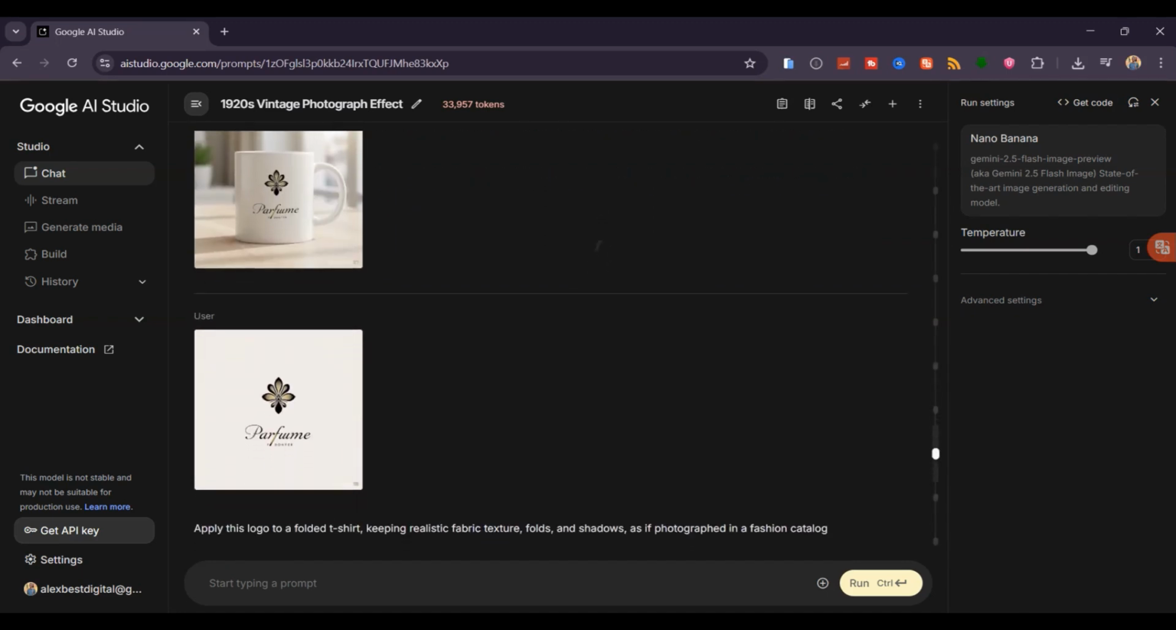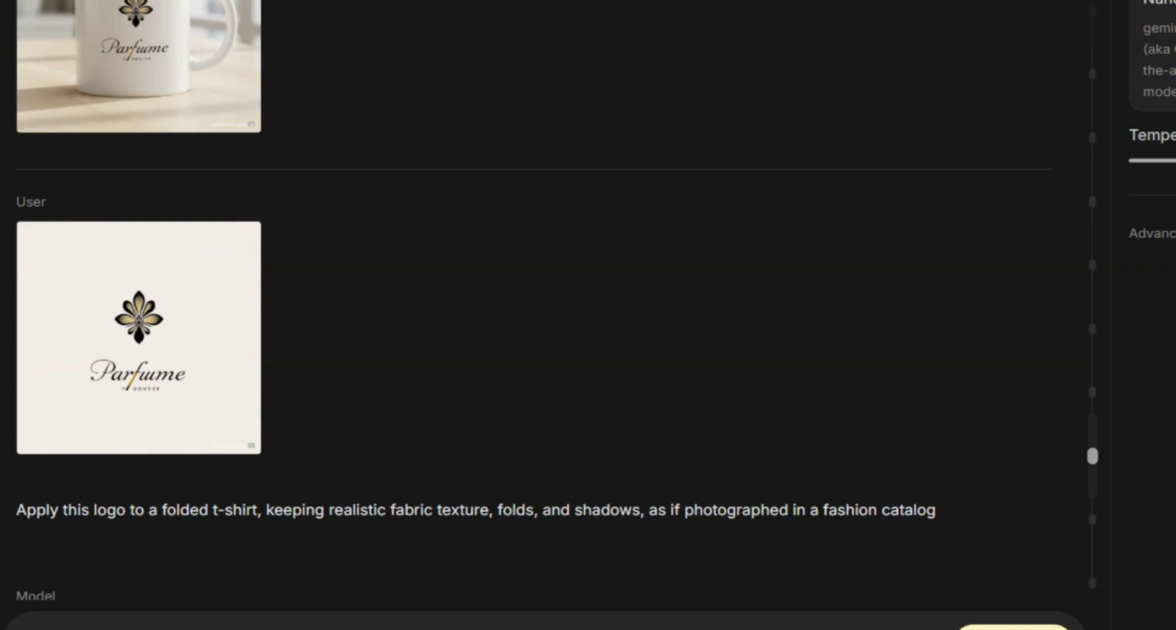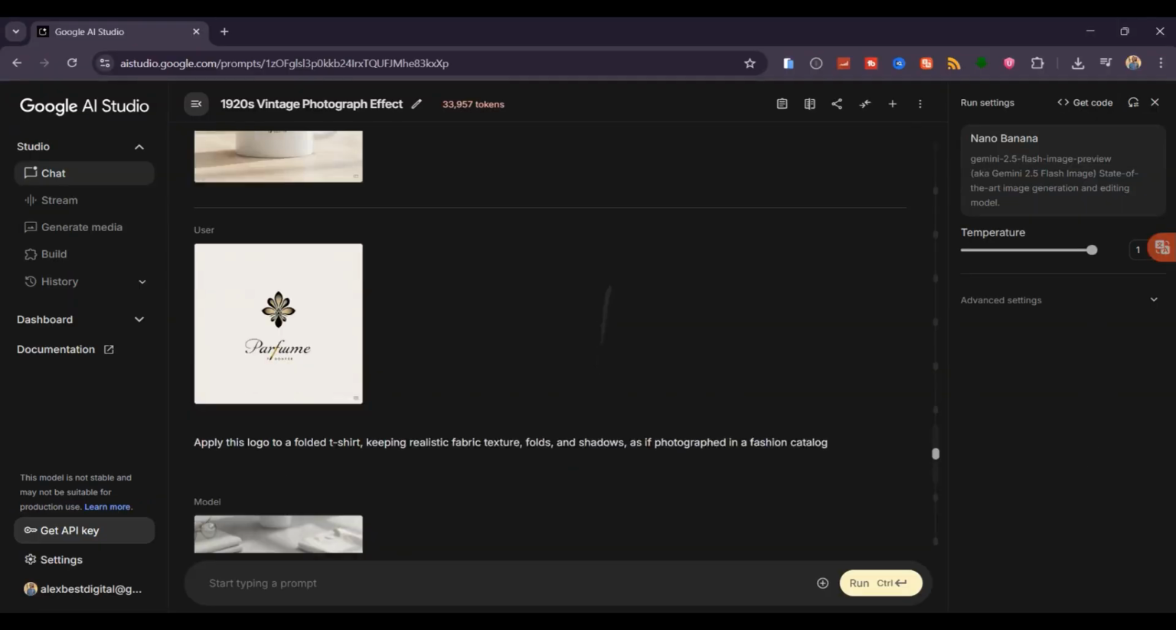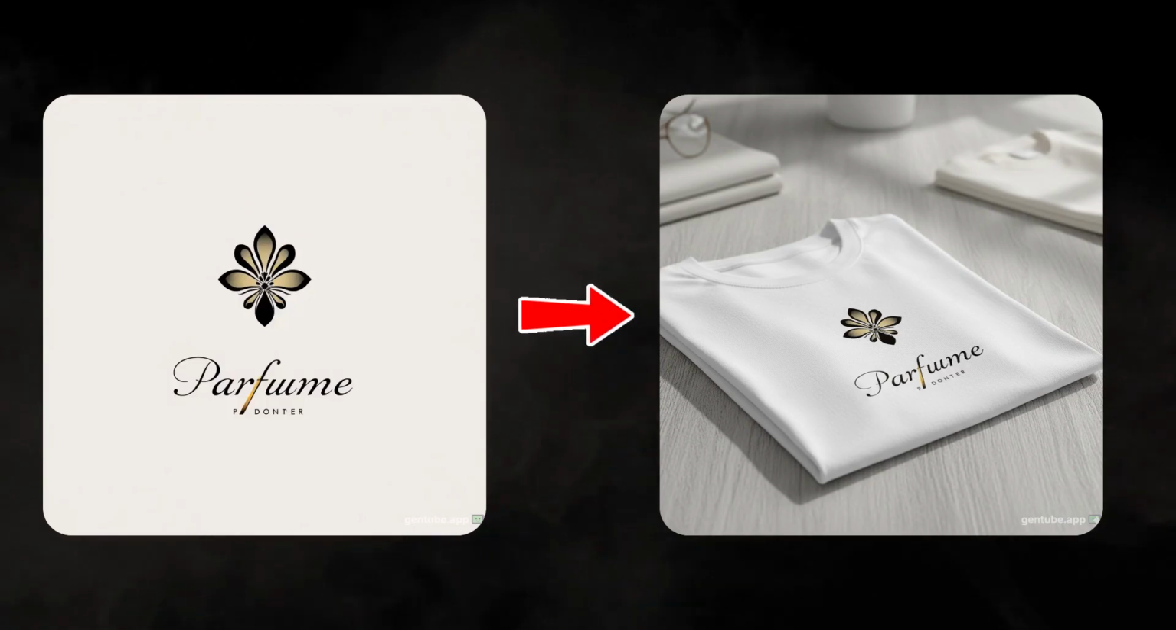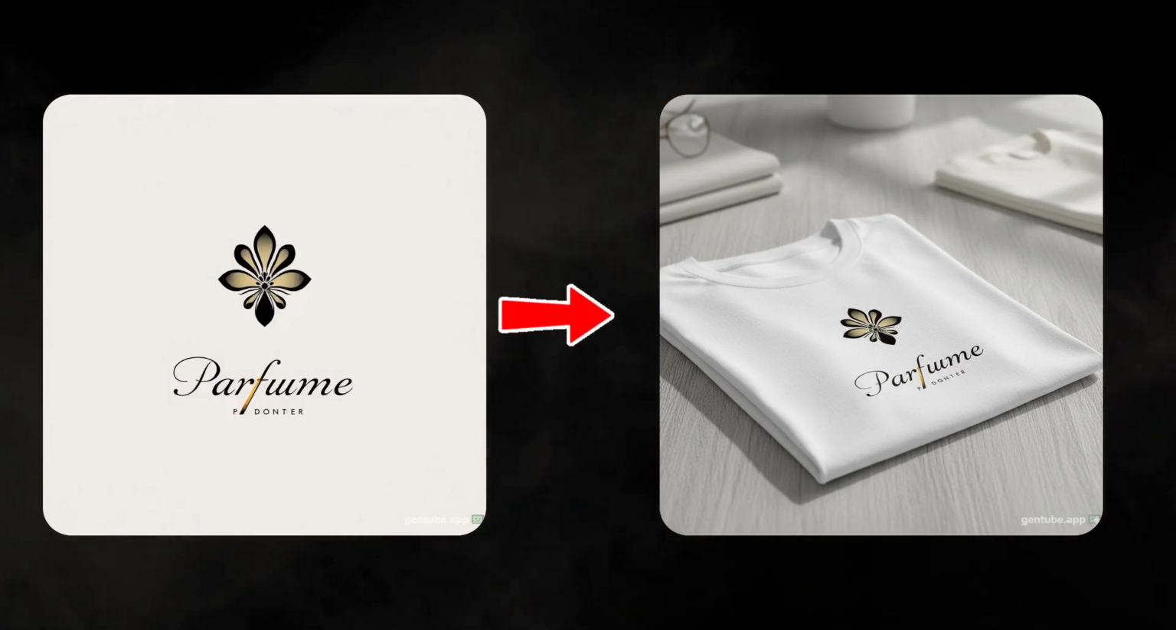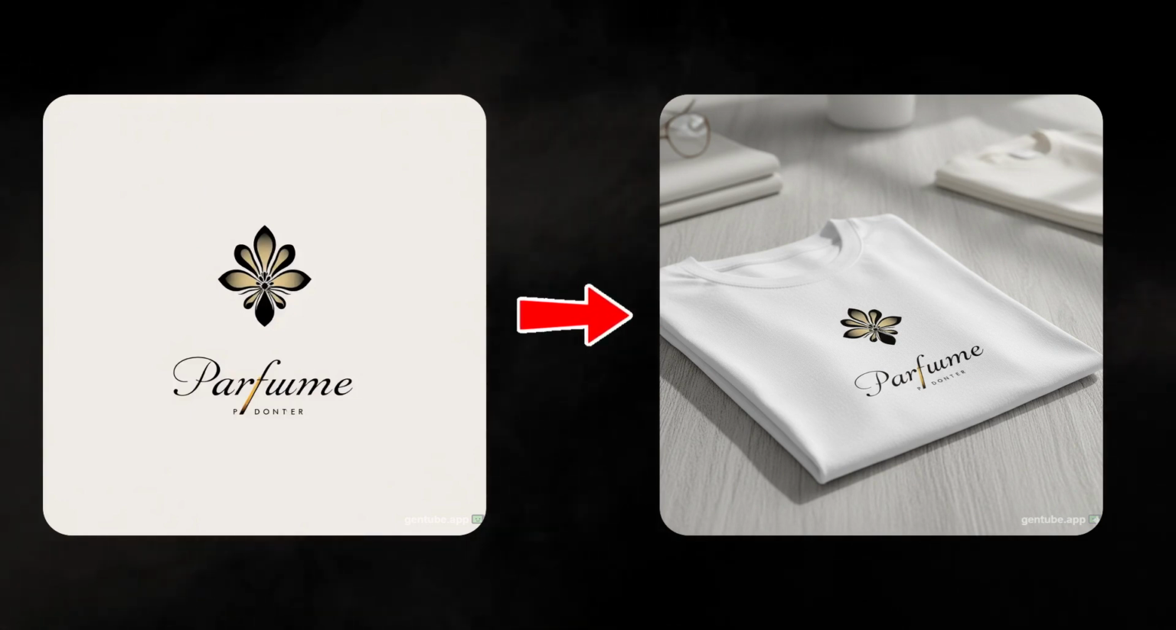Finally, I tried a t-shirt mock-up. Using the same logo, I prompted, "Apply this logo to a folded t-shirt, keeping realistic fabric texture, folds, and shadows, as if photographed in a fashion catalog." Within moments, Nano Banana delivered a clean, high-quality image that made the t-shirt and logo look like a finished, market-ready product. You can even take your product mock-ups a step further by having a model hold them, creating social media-ready